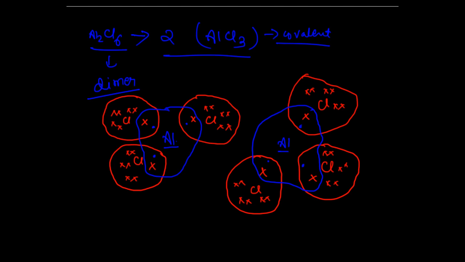In each case, this aluminum requires 2 electrons and this aluminum requires 2 electrons. So the chlorine from this AlCl3 donates its electrons to this aluminum. Look at the arrow where I am pointing. The arrow shows which atom is donating its electrons. So the arrow from chlorine to aluminum shows that chlorine is donating its electrons to aluminum, whereas this chlorine donates its electrons to this aluminum. So this chlorine shares its electrons with the aluminum over here, and vice versa. So the rough diagram for AlCl3 is this: